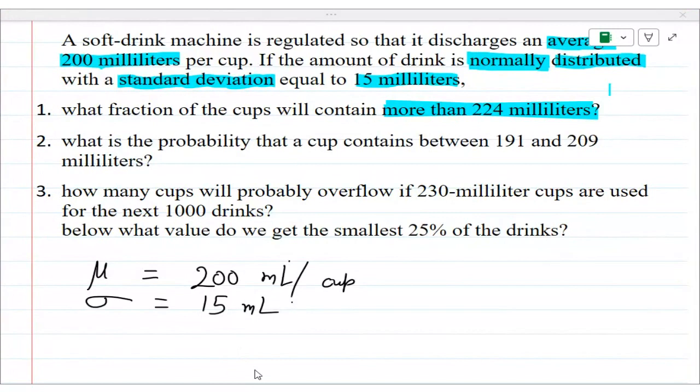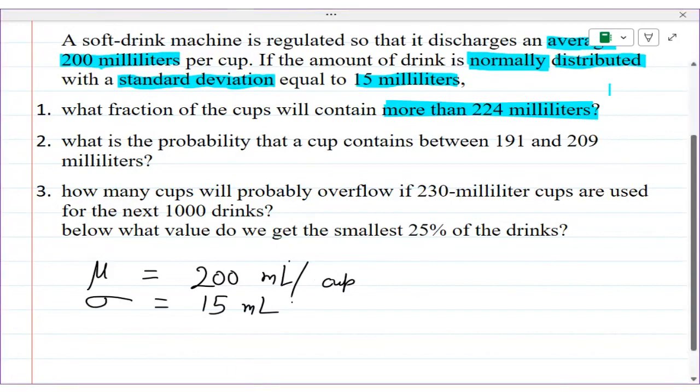So what we will do, students, first we will find what are the chances that in any particular cup the soft drink amount is more than 224 milliliters. First we will find what are the chances that the amount of soft drink in a particular cup is more than 224 milliliters. Okay, so what is X here